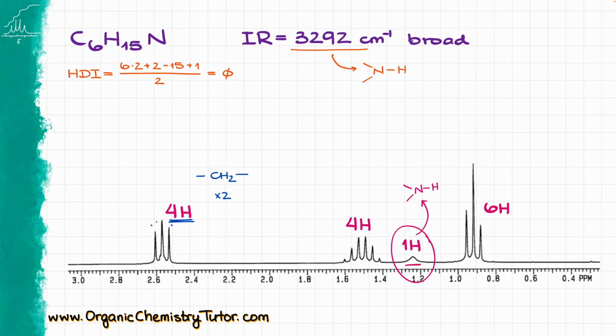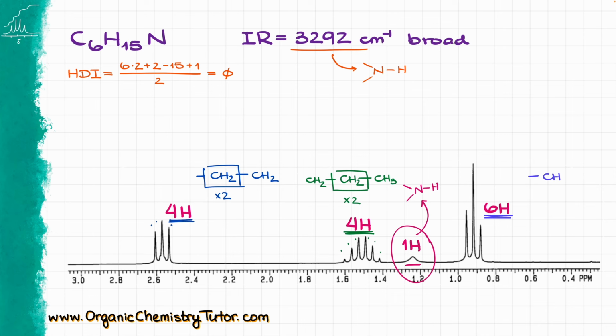and since this signal, 1, 2, 3, is a triplet, that means that this CH2 group is next to another CH2. My next signal, these 4 hydrogens, that is a 1, 2, 3, 4, 5, 6, that is a sextet, which means that we have 5 neighbors. The only way you can have 5 neighbors is if you are sandwiched between CH2 and CH3, so that looks like a CH2 group between CH3 and CH2, and because we have 4 hydrogens, we have 2 of those pieces. And finally, looking at our last signal over here, that is 6 hydrogens, so that is most